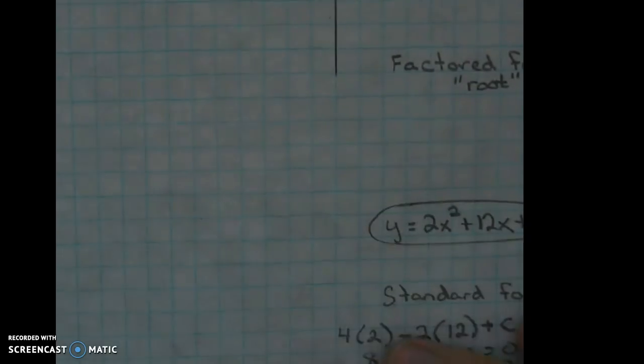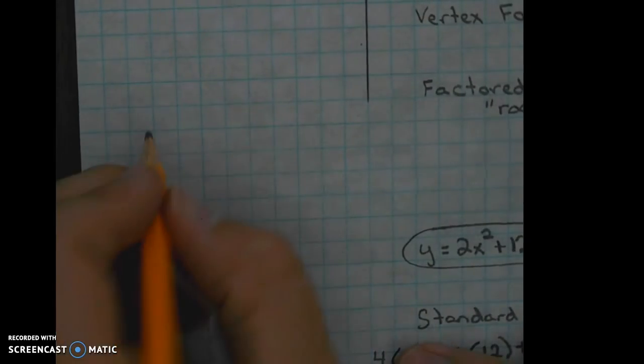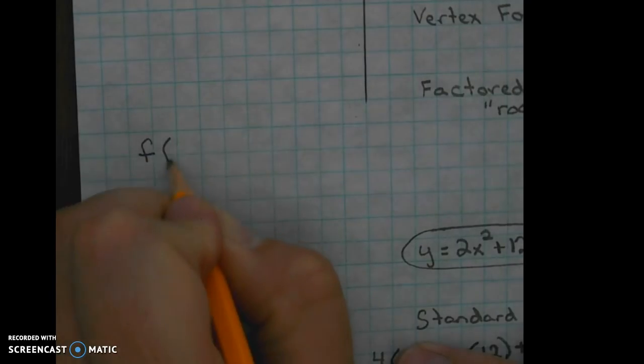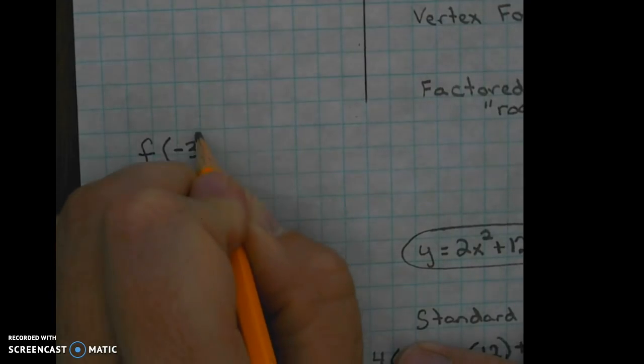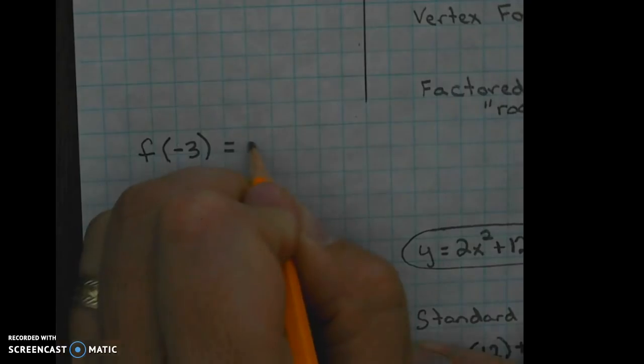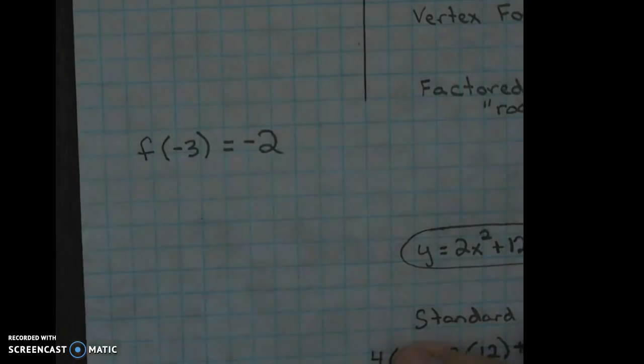All right, couple things before you start the worksheet. If you're ever given a point, and you should know this, but if you're ever given a point in that format,